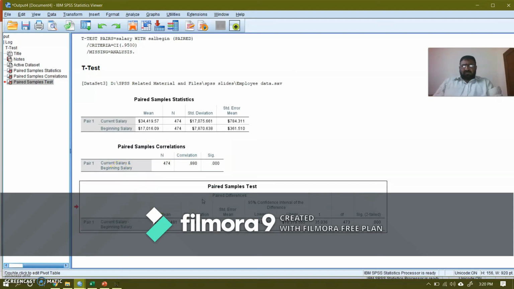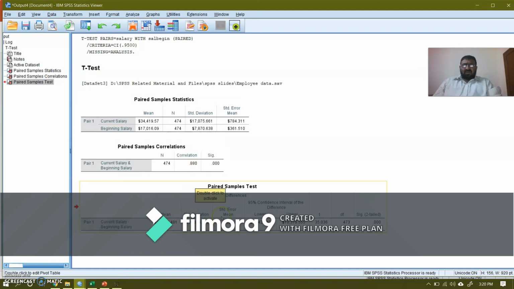In this lower part, we have the paired samples test and the pair differences. Now, these are the pair differences between the two means. If we subtract beginning salary from the current salary, we get this. Similarly, if we subtract the standard deviation of the beginning salary from that of the current salary, we get this.